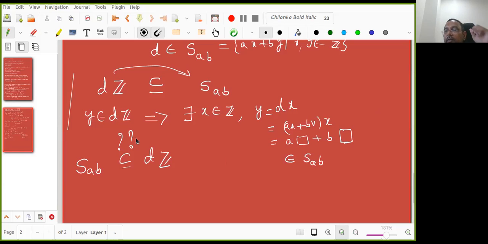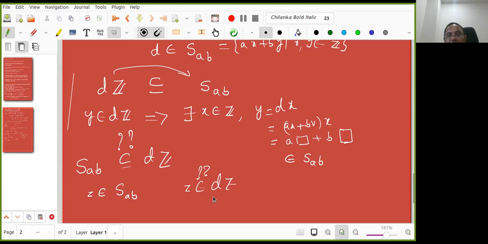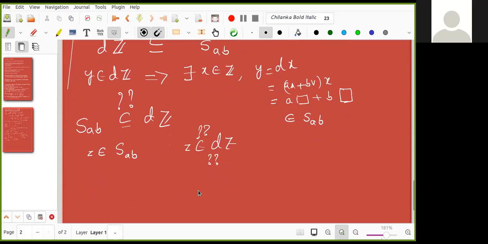Yeah, what is that, Akshat, you want to say? Yes, sir. About the proof. Okay. Can you go now one after another? So any element in SAB can be written as AX plus... Okay, one minute. Go slow. So I take Z in SAB, right? What is that I want to show? We want to show that it's also an element of DZ. I want to show that. What is the meaning of this? It's a multiple of D. That means Z is equal to some DK. Right. This is what I want to show.